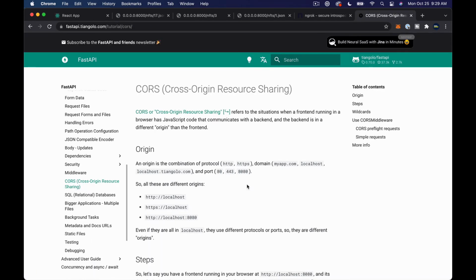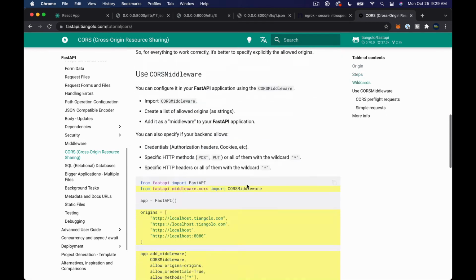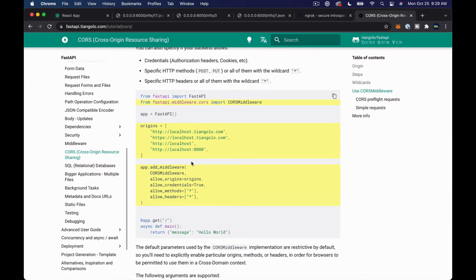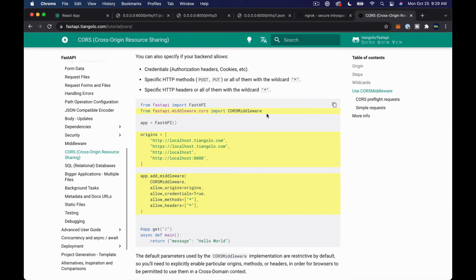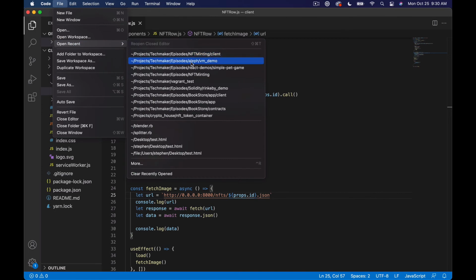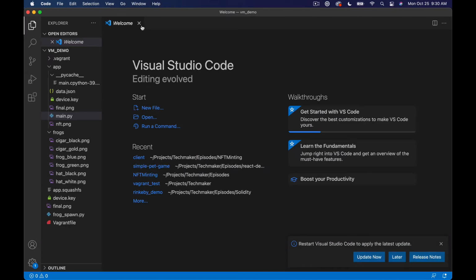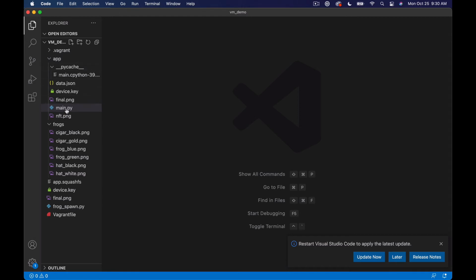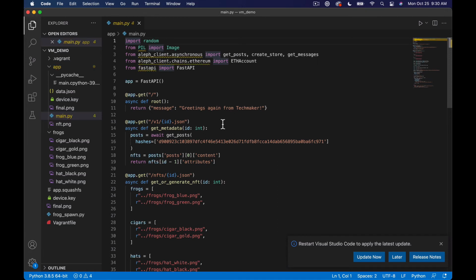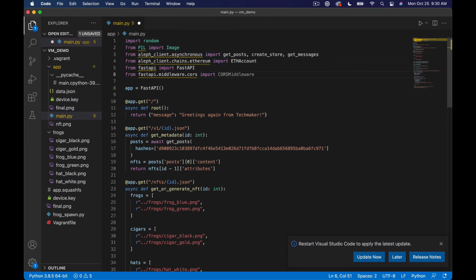And let's have a look at this FastAPI here. From fastapi. Okay. So let's go over to our code. This is kind of on the fly figuring out a problem. Let's open up our VM demo. Let's go to main. I'm not really that familiar with what's going on here, so we'll see. We're going to have to work this out together. So we're importing CORS middleware,